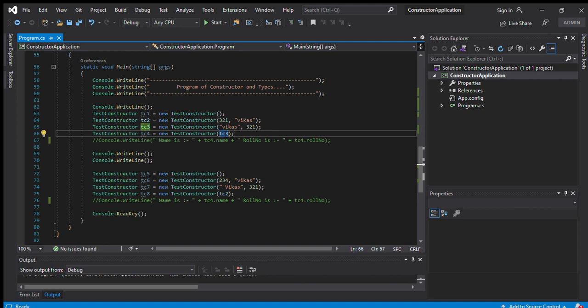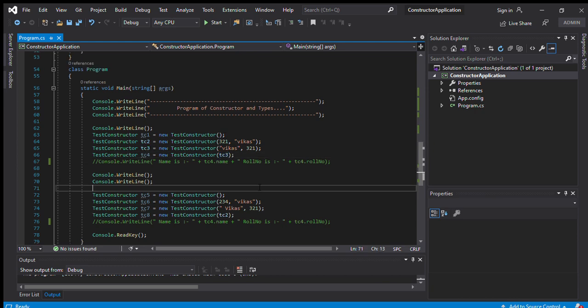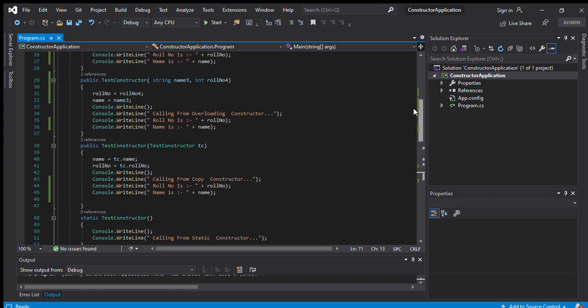While creating the object, I am passing the object of that constructor, here test3. Whenever we pass data from an integer, it should be an integer; whenever we take data from a string, it should be a string. But here I am taking the data in the form of an object, so the type should be the class name. I am accessing the object of this class using the test method.